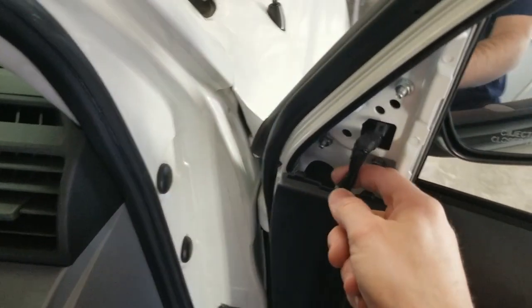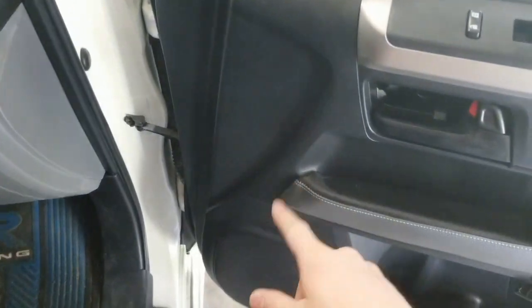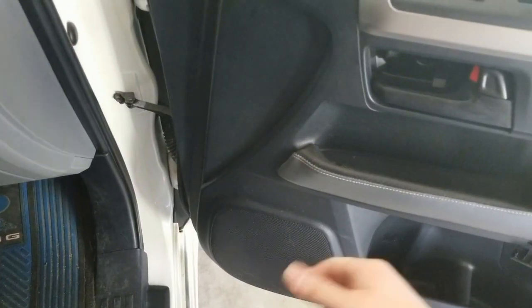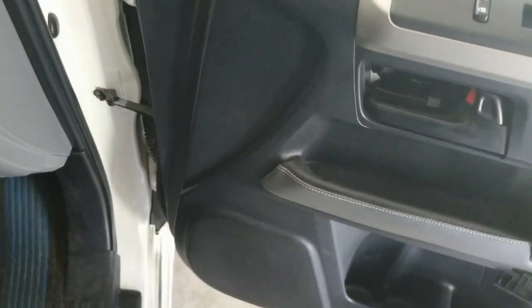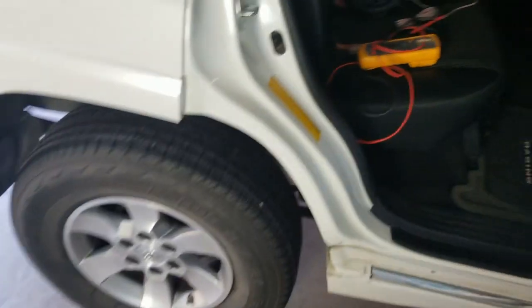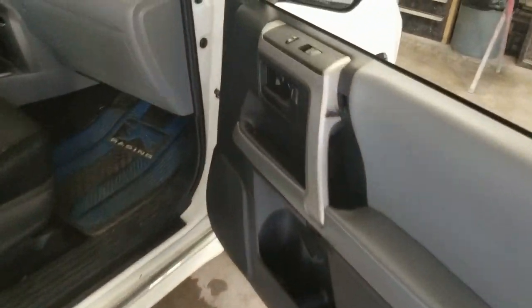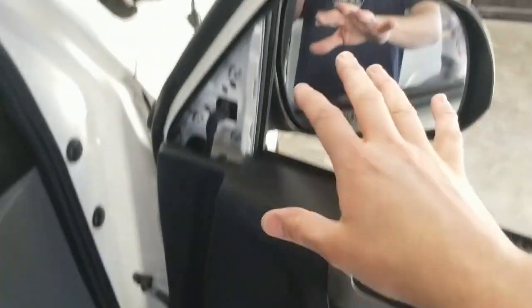This wire runs all the way down to the door. If it unplugged here, I wouldn't have to pull the panel off, but what I'm going to do is take this speaker out that I know works and put it in the back door, which is dead. I'm not seeing any signal back there. I've also tried another speaker that I keep for this purpose, and I'm not getting any sound out of it, but I want to double check with another speaker in case that thing's gone bad on me. So I'm gonna go ahead and get this off, use this speaker,